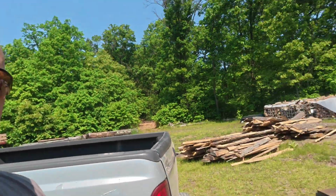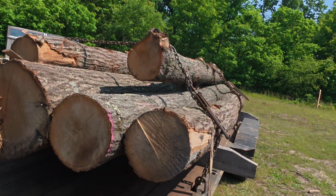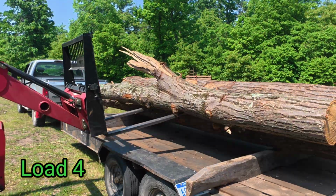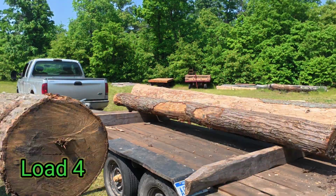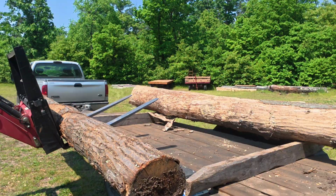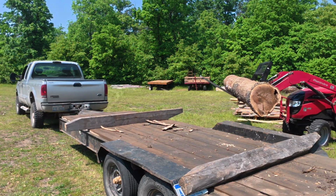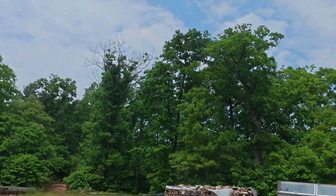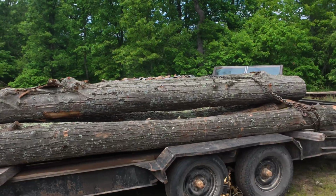All right, here's another load. We got one more load to get. He's got a lot of wood. We got one more load, some more red oak. It's real windy out here, but